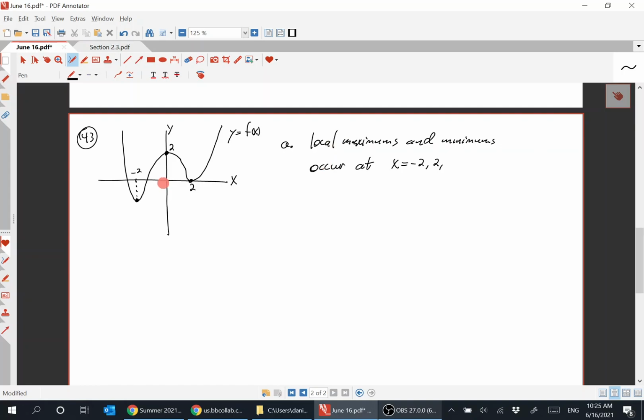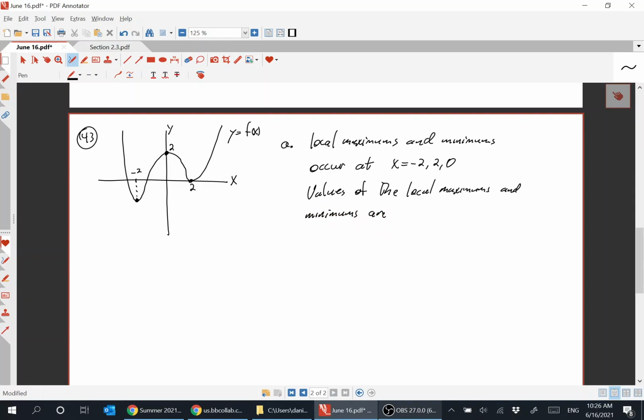Okay, so where's the x value of this maximum? I got minimum here, x equal to -2, x equal to 2. Where is this maximum occurring? What is the x value where it's happening? 0. At 0, yeah. -2, 0, and 2. All right, the values of the local maximums and minimums